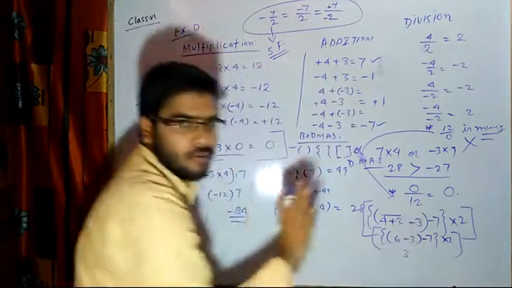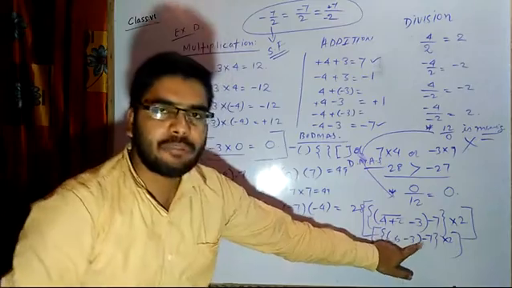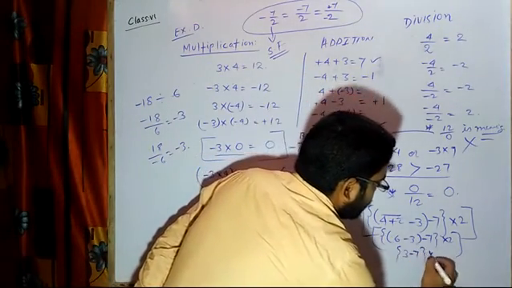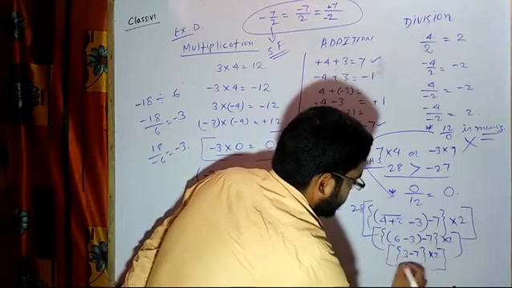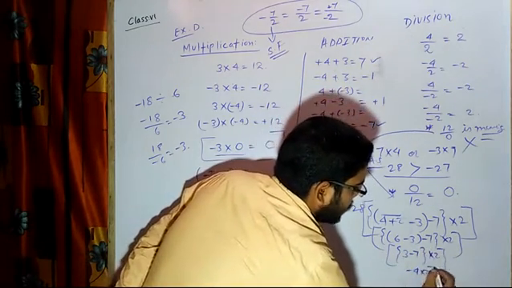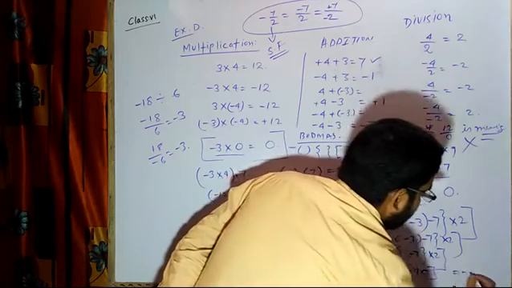Now this 3 is over. No bracket will be left here. So 3 minus 7, curly bracket, then into 2, then square bracket. So this 3 minus 7 is minus 4. This bracket work is over. Into 2. Then this came. So it will be equal to minus 8.